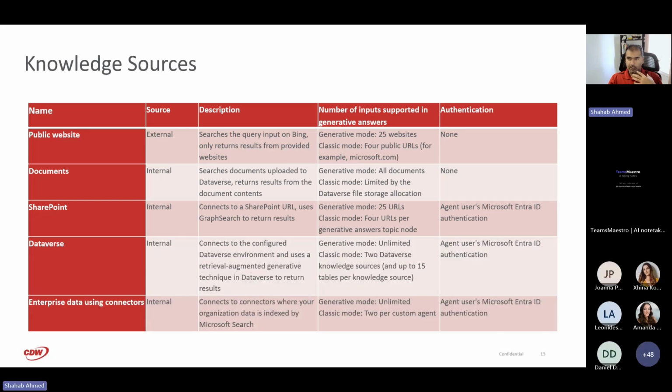The internal bots, on the other hand, will have authentication because I need to ensure that whoever's interacting with them has the right credentials, right? So if it's an employee, they need to be part of my Active Directory and all of those things. And then from an authentication perspective, it's also significant because the information that the agent is bringing up is going to be specific to the access that the user has.